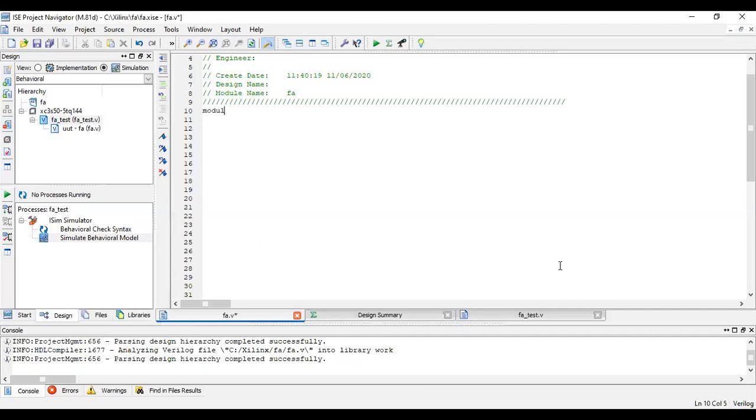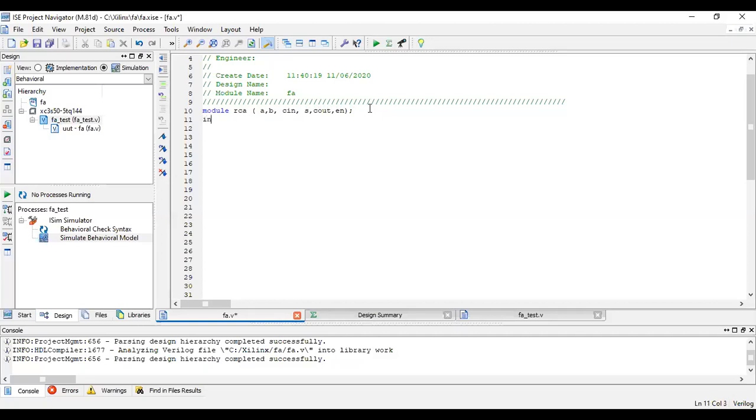So module, we have ripple carry adder. What are the inputs to the ripple carry adder? The inputs are A and B, which are 3-bit or 4-bit. You can design any bit size. We'll do a 4-bit ripple carry adder, or you can take a 2-bit also. A, B, and one input C in. What are the outputs of the ripple carry adder? Sum and C out will be your output. Then I'll take one enable signal also, because tasks are based on sensitivity list. They have to be activated.